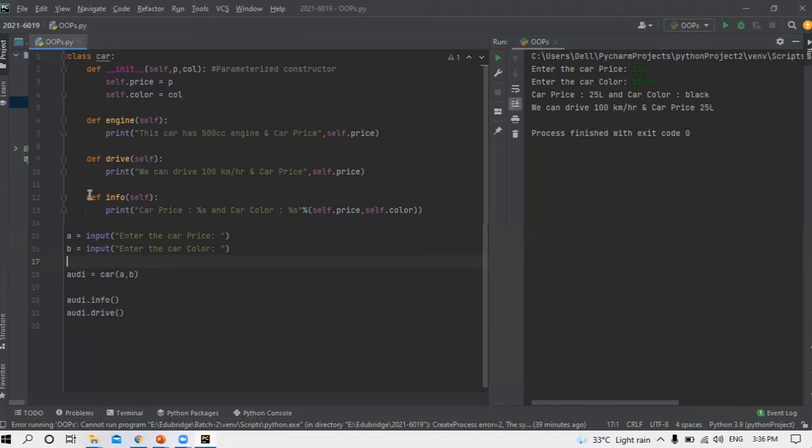And after finishing this statement, it checks line number 21, which calls the drive method, and comes back to the drive method, line number 9 and line number 10. So this is the process that object oriented programming follows, and that's why Python is a procedural and object oriented programming language.